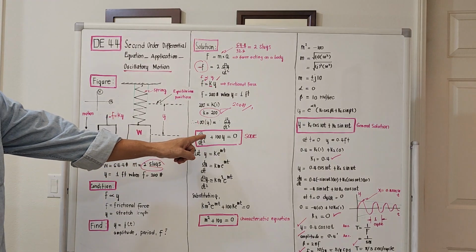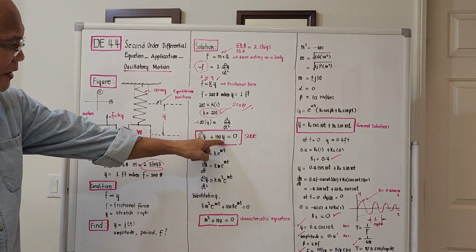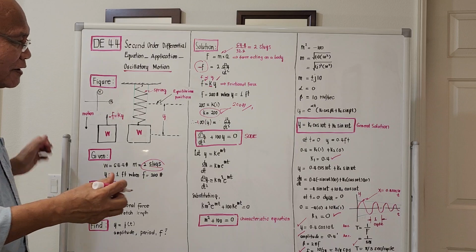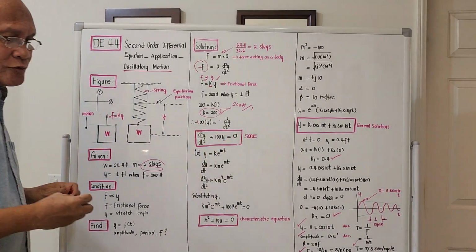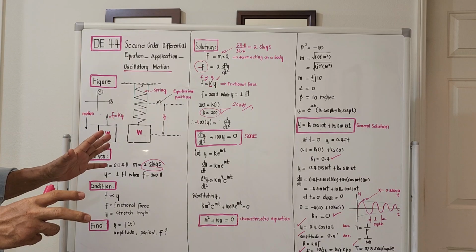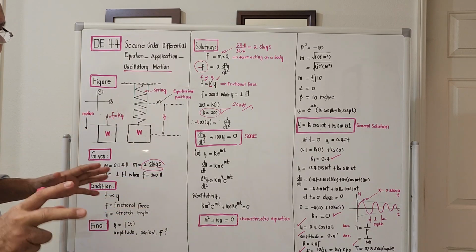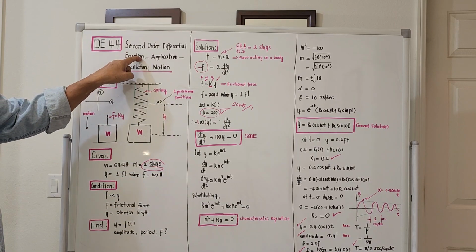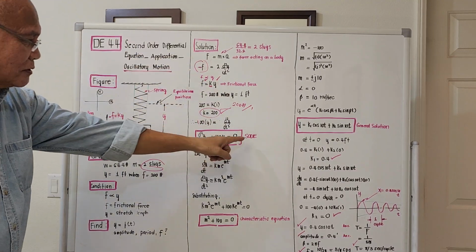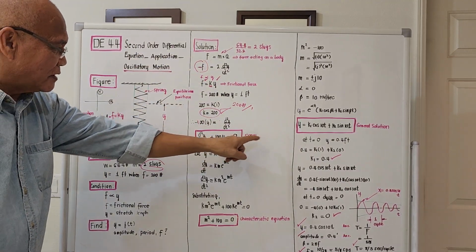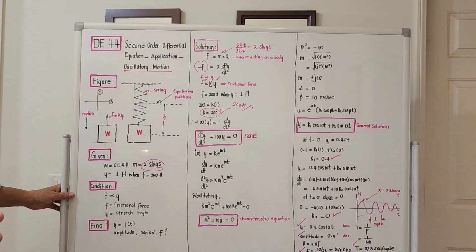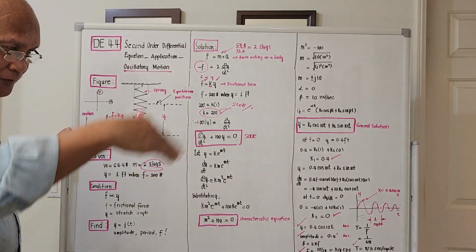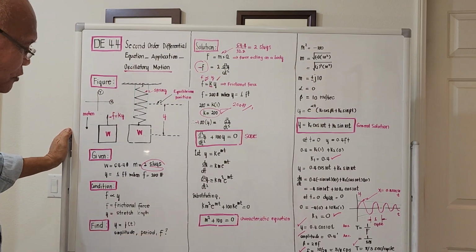The variable distance is y with respect to time. So we are now given a second order differential equation. That's why I told you the application problem is under second order differential equation. So this is SODE, second order differential equation. And as we have presented on the previous discussions, the solution is actually